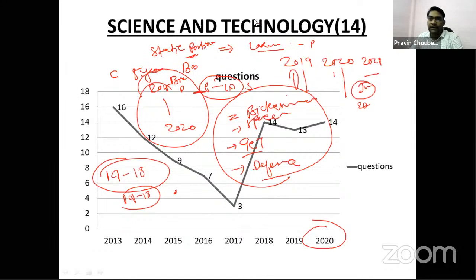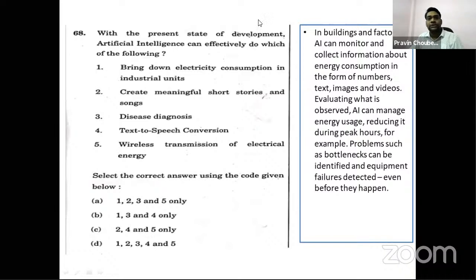Let's solve one by one each and every question from science and technology. The first question is: with the present state of development, artificial intelligence can effectively do which of the following? Now, if you see the past year question papers, not only solving the prelims question paper, I will suggest you to see the GS mains question paper also, because the topic that appears in GS paper, especially in science and technology and environment,